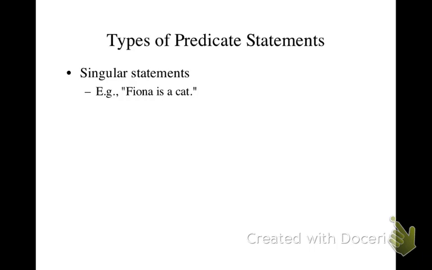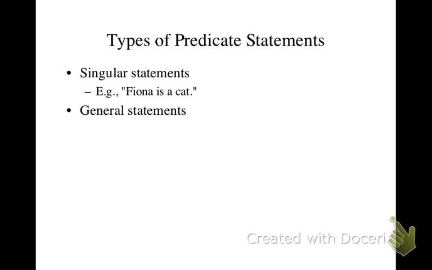This has the singular term, Fiona, in it, and then it has a single predicate. It could have more, so it could say, Fiona is a cute cat, and that would end up being the conjunction of two singular statements. But for now, the ones that we're going to look at are going to just have single predicates. Singular statements are statements that are about a particular individual, as opposed to the other category, which